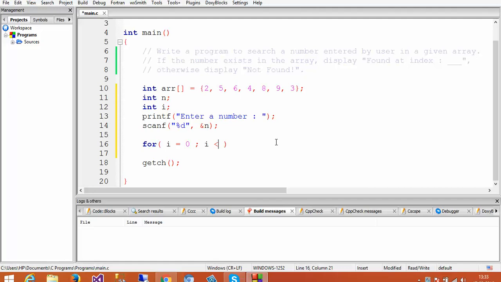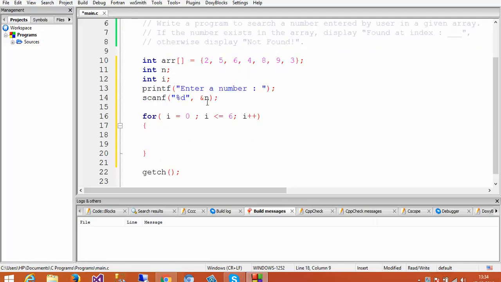So we'll have to compare the number entered by user up to the 6th index. At the most we'll have to go up to the 6th index, right? So we have initialized the value of i with 0 and the stopping condition is i less than or equal to 6. Now the increment operation, that is increment by 1.